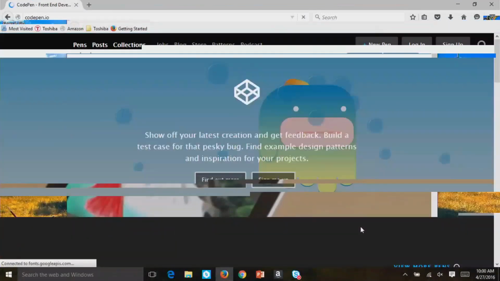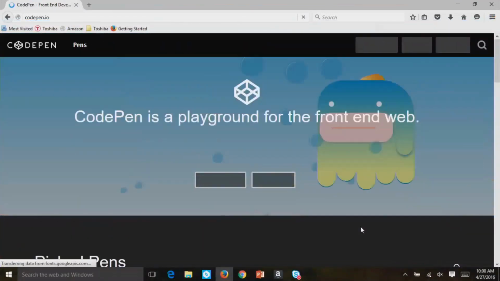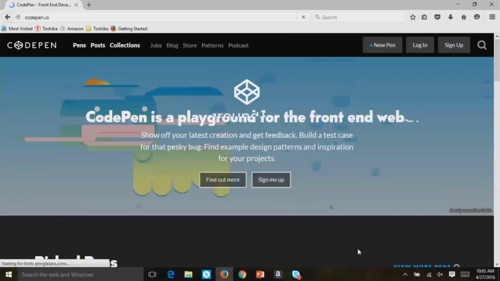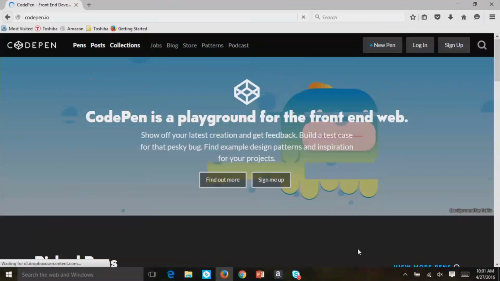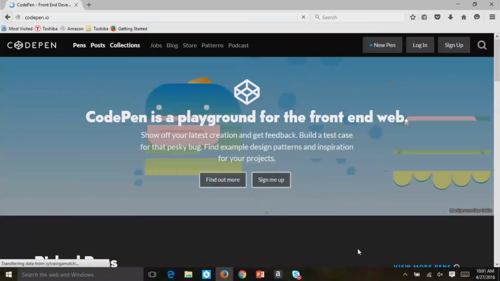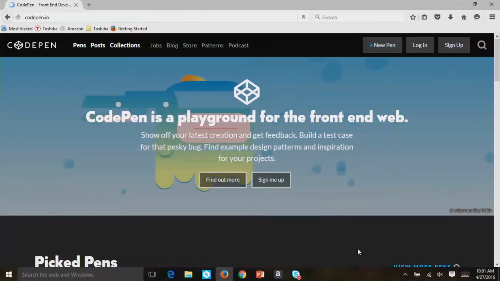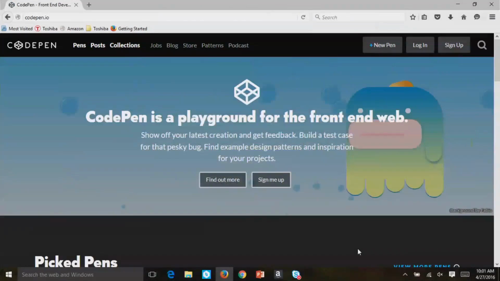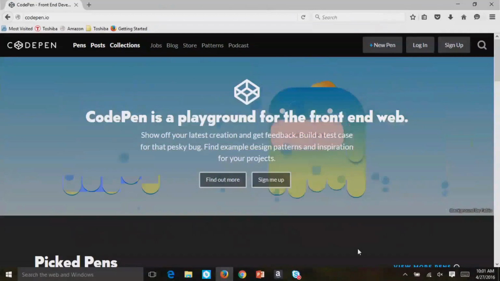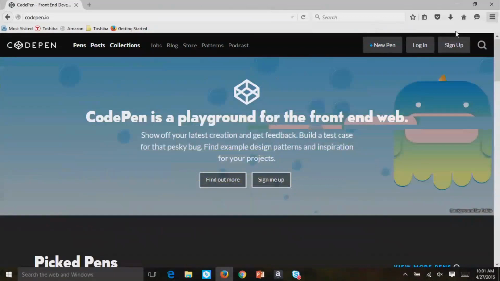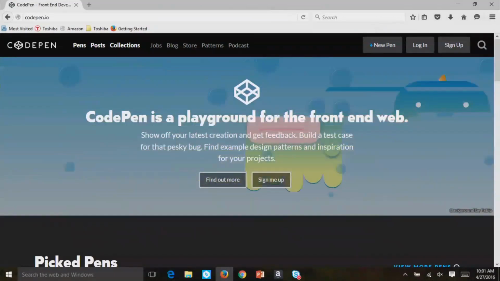Okay. Disregard the jellyfish thing in the background. This is CodePen, and CodePen is amazing. But why is it amazing? It's amazing because if you want to work on a little snippet of code, say you want to make an expandable menu, you don't want to mess with your environment. You can go into CodePen and set up a little environment of your own. You can do it from home too. How awesome is that? I haven't had enough coffee yet, FYI.